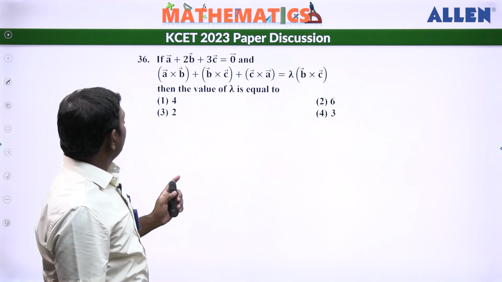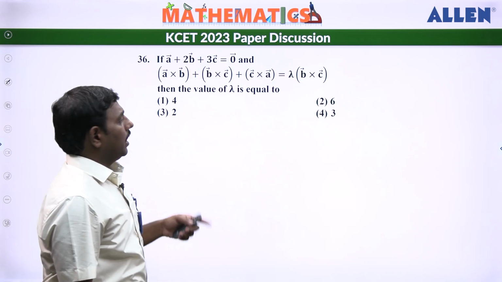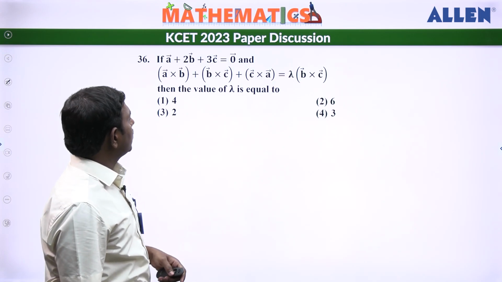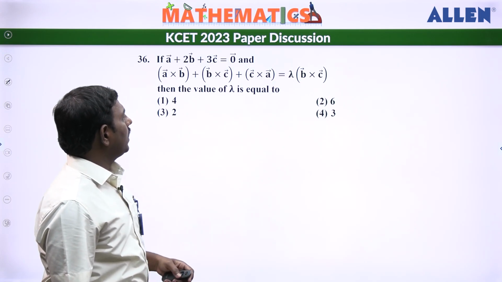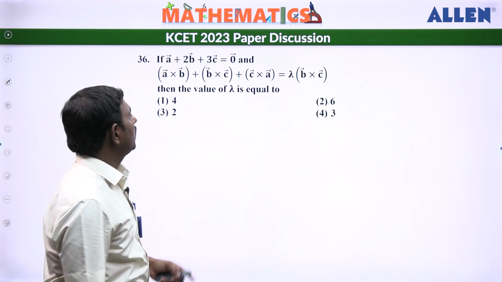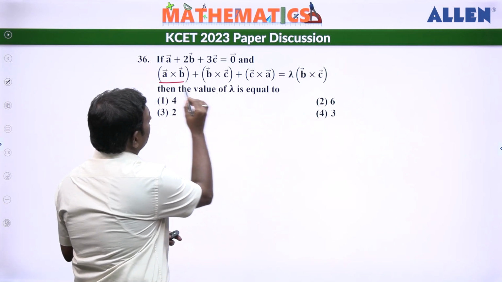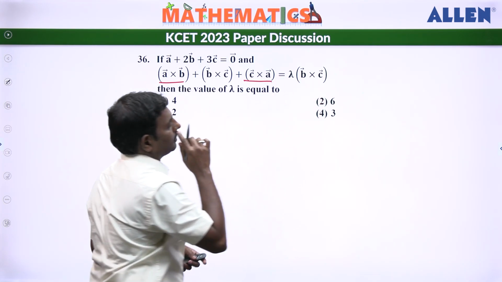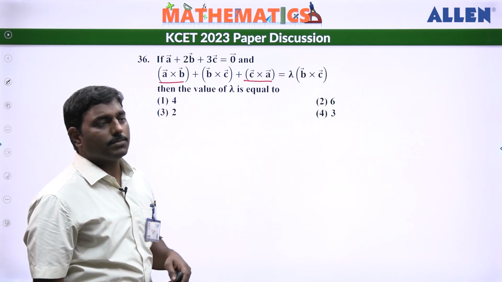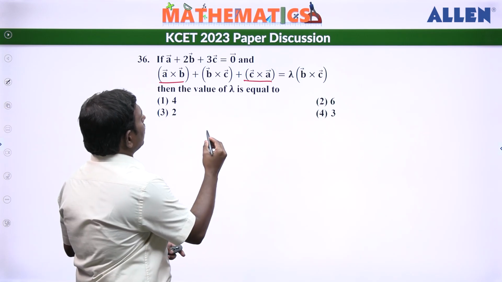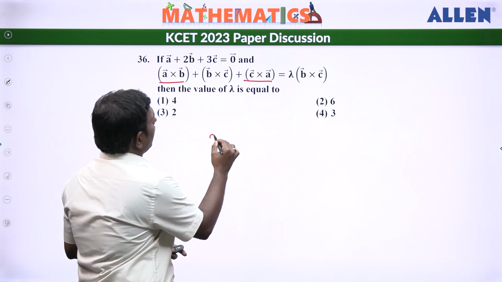Next, question number 36. a bar plus 2b bar plus 3c bar equal to 0, and they are given a relation between a cross b, b cross c, c cross a. So how to solve this question? We need to find a cross b and c cross a in terms of b cross c. The final answer should be in terms of b cross c. So how to get b cross c? I am taking a bar